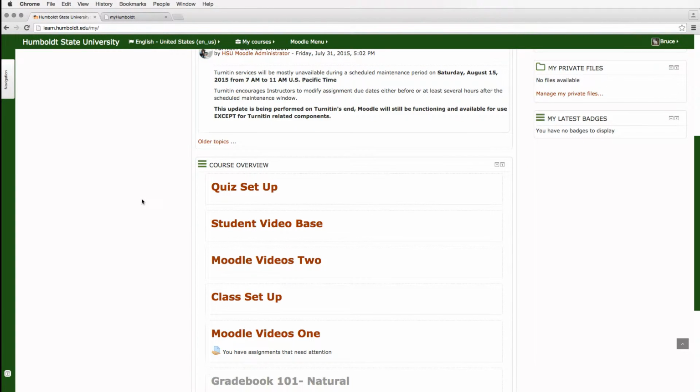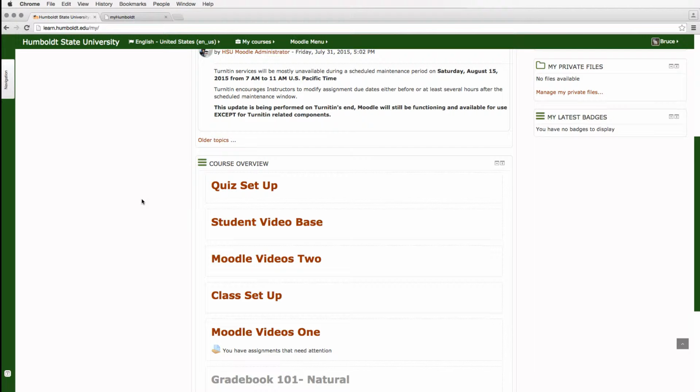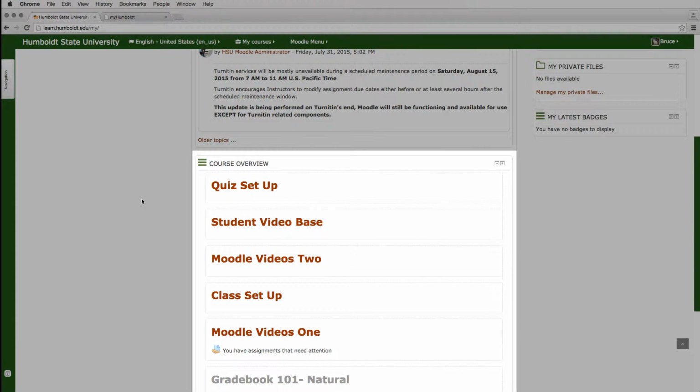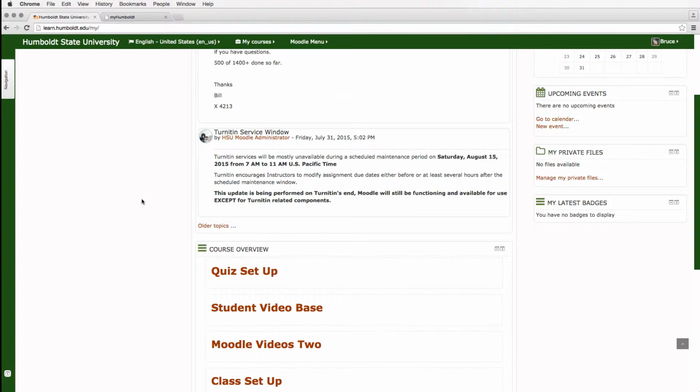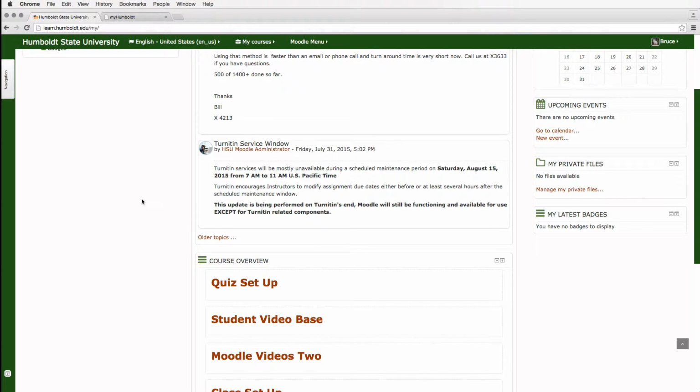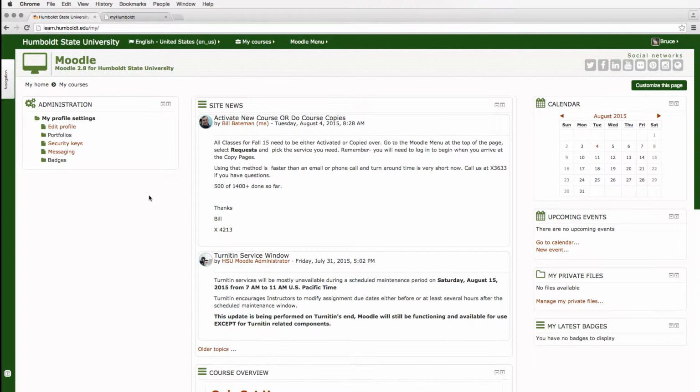We're going to scroll down a little bit on this center section, and we're going to see a couple of courses. Your courses will appear here. If you've registered for 2, for 3, for 4, they're going to be placed here. Now, if you're a returning student and you've got older courses, let's come to the upper right-hand corner. Do you see where it says Customize this page? Let's give that a click.